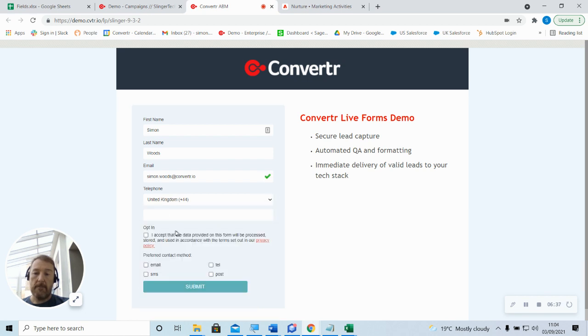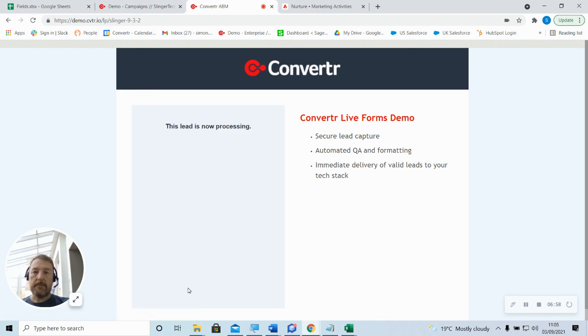So we're using the live email and live telephone checker here. And if I click opt-in, and then I click submit. So the lead is being passed through to the Convertr platform, and that will obviously run through the rules that we have configured for this particular campaign. And once it's gone through those rules, it will then pass the lead on to